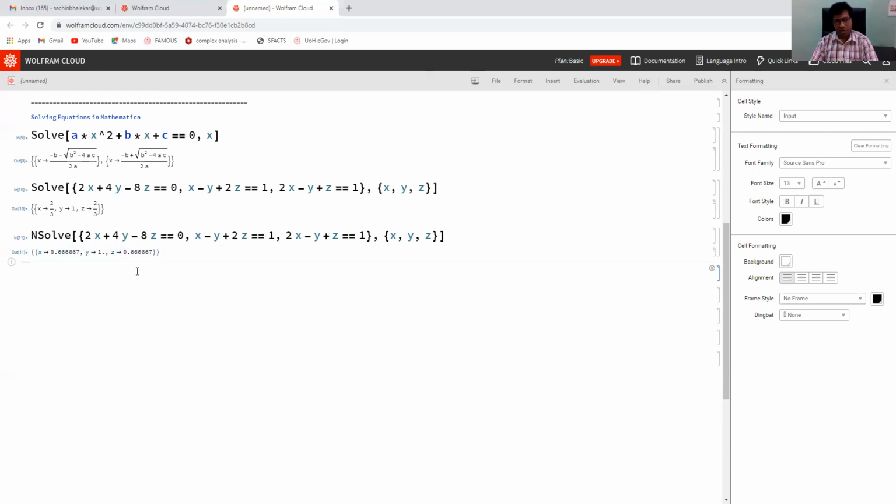We can have some complicated expressions. Okay, so nsolve can be used when we have complicated expressions. Solve is for exact solutions. In general, we may not have exact solution. So in that case, nsolve will be very useful. Okay, so let us see, we solve some examples of nsolve. N means numerical.